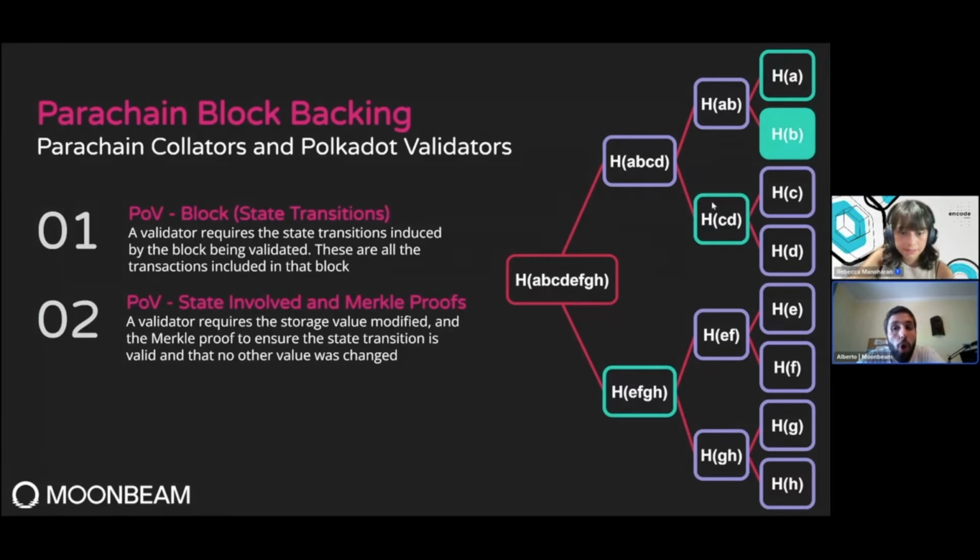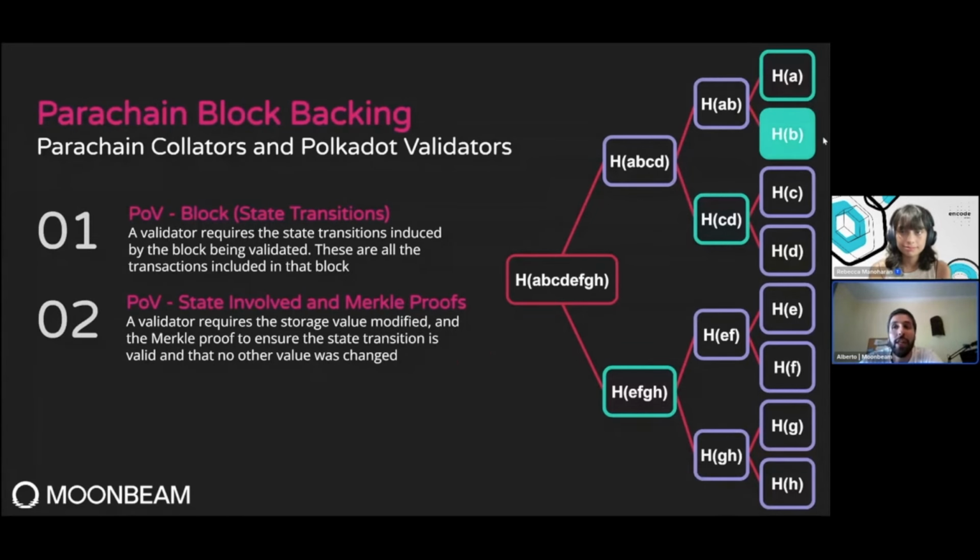So all you want to do is verify, right? As a validator, you want to verify that this hash of A, B, C, D, E, F, G, H, which actually summarizes the entire state of the network, right? This is like a summary of the entire state of the network. Let's say my network only contains these 8 states, which would be really sad, but let's say that for the sake of this example. And so if you want to verify that this hash that the collator is proposing is correct, and you know that the only state that was modified is the B state, right? You need the matching hash, or whatever the name for it is in English that I'm not remembering,